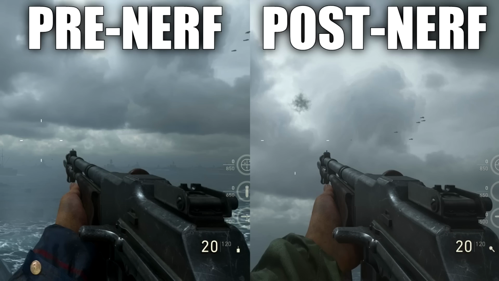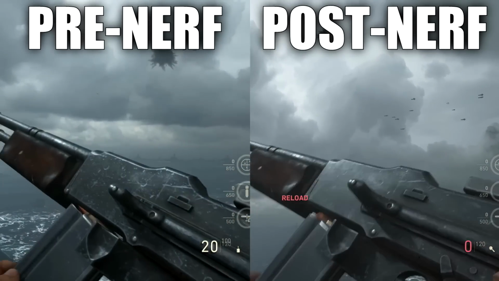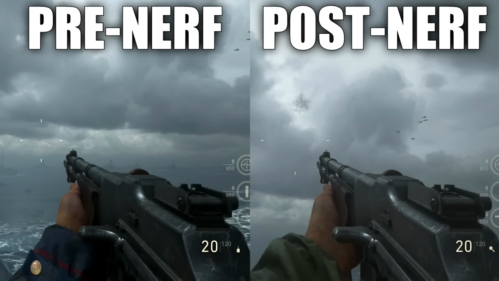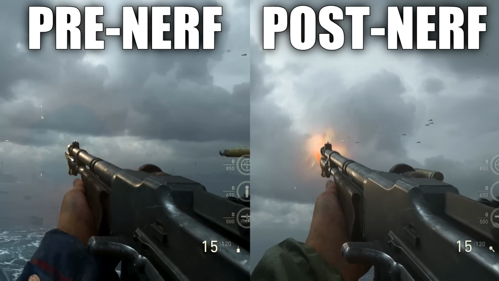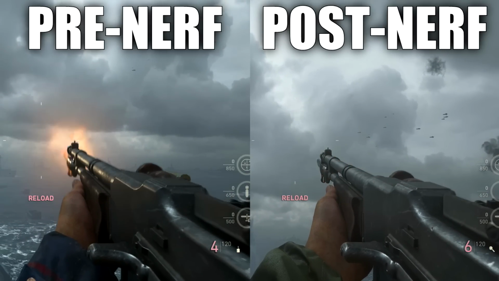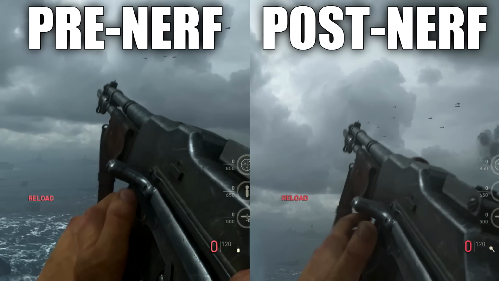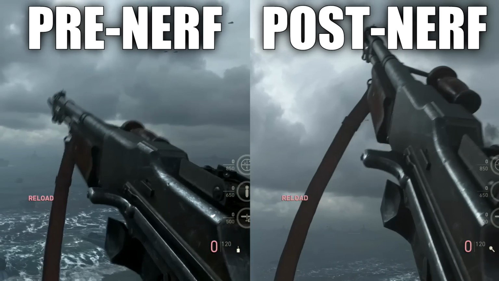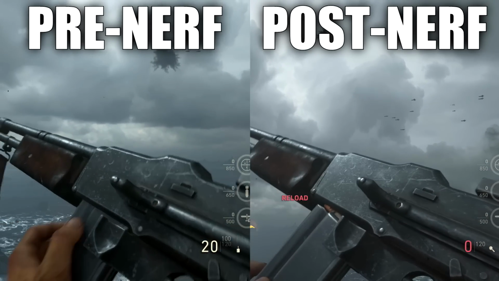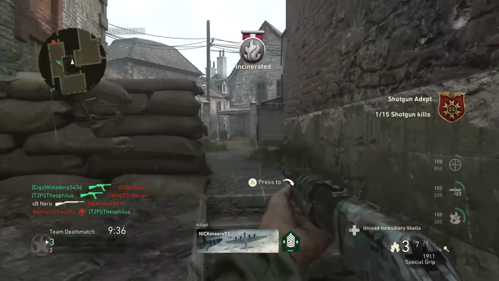As you can see, the hipfire differences are quite noticeable, but the fire rate differences are quite negligible if you ask me. I'm actually going to have to slow this down a lot to show you that there is in fact a difference between the pre-nerf and the post-nerf bar. When you're watching it in real time, you almost can't even tell there's a difference. Now, as we all know, in the Call of Duty franchise, milliseconds mean all the difference, so it is entirely possible that this change will actually be a good one for the bar, but I've got to say, guys, it doesn't look like that big of a change, and I think they are going to have to continue looking to rebalance the bar a little bit,